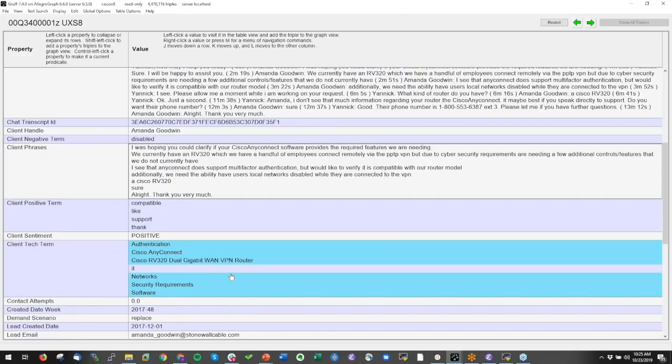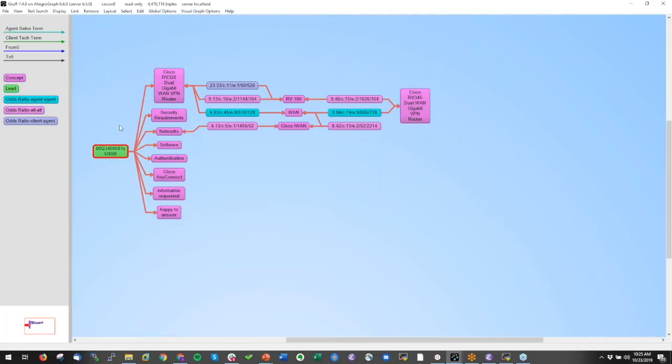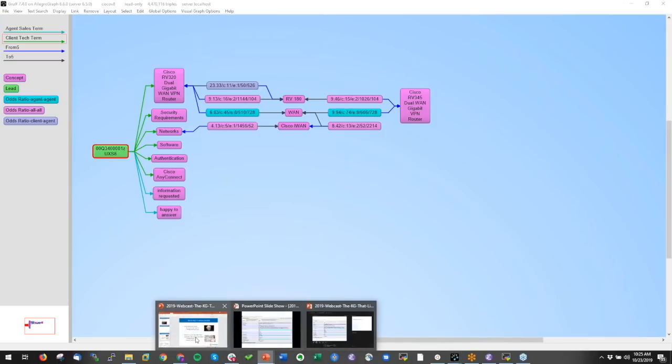Now I could say way more about that. Here we see, again in graphical form, the agent sales terms and the client tech terms. We can also see for each product that if a customer talks about this product, then in general they will also talk about that product. And if you talk about this product, in general you will also talk about that product. Anyway, you get my point. So there's a lot of statistical analysis and machine learning that you can do on top of your knowledge graph. Well, let me go back to my presentation.